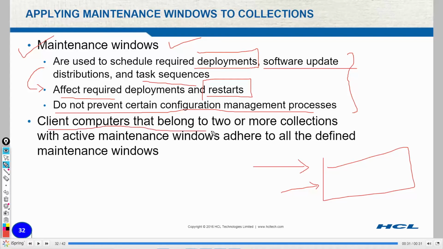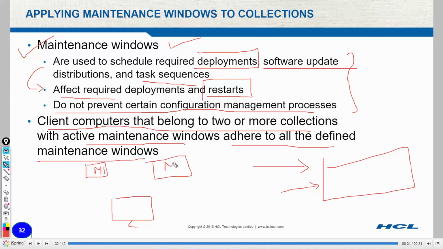Client computers that belong to two or more collections with active maintenance windows adhere to all defined maintenance windows. For example, there is a client machine and you have defined maintenance window 1 and maintenance window 2.